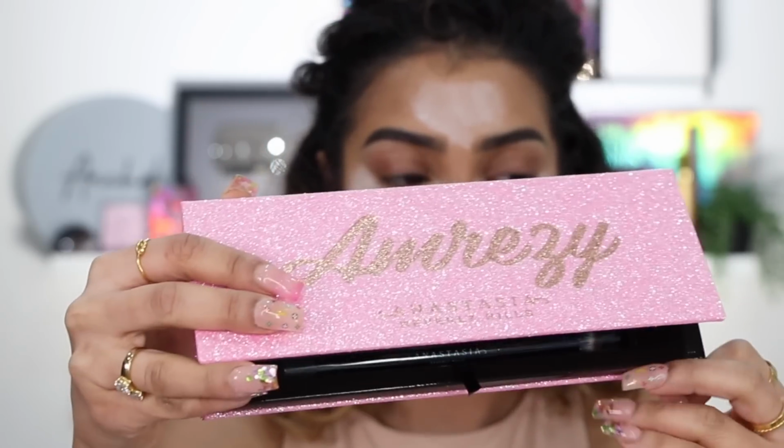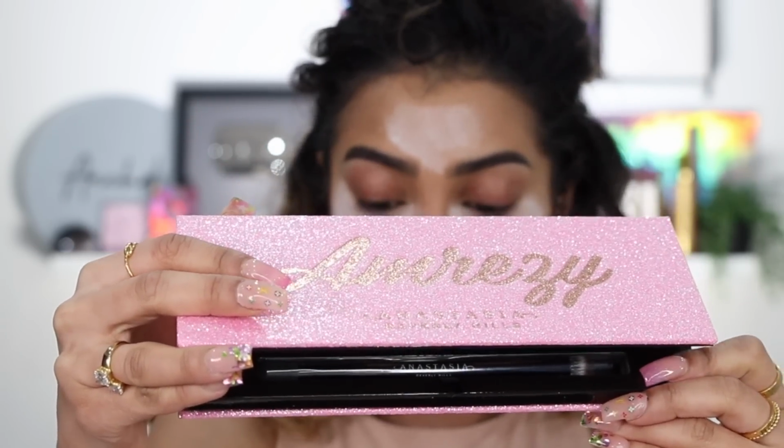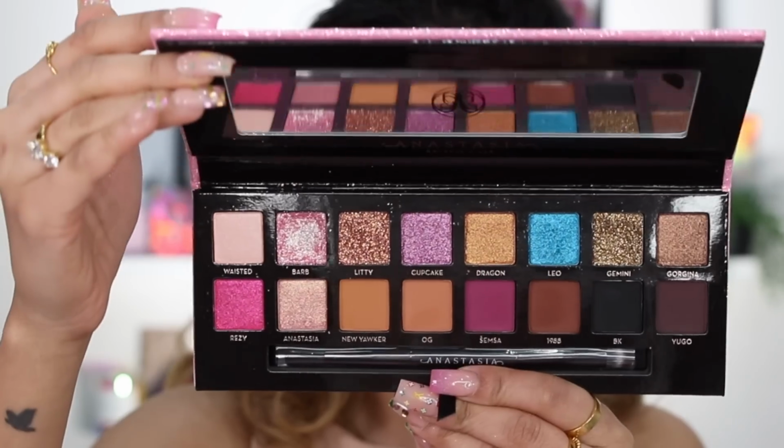I have to say though, I have already opened this and one of my shades is smashed and I'm so sad about it because it's such a cute shade. But it literally just smashed and broke out. No! If you could see what's on my freaking table right now and all over the box,